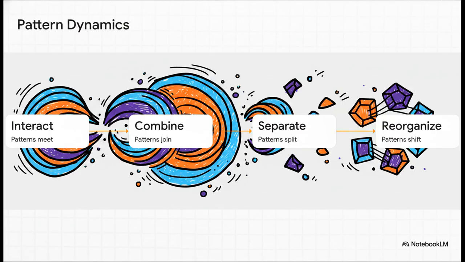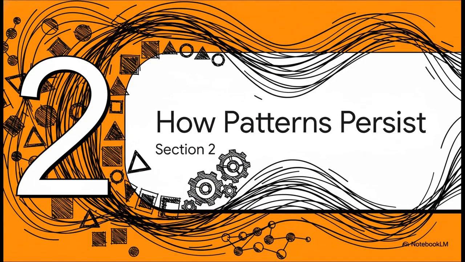At a fundamental level, reality is a chaotic cycle. Step 1, interact. 2, combine. 3, separate. 4, reorganize. Everything you see is actually made of interacting patterns constantly shifting, constantly moving, and constantly running through these exact 4 steps in a rapid, never-ending cycle. It's a literal blur of activity at the fundamental level, an endless ocean of patterns combining, breaking apart, and reorganizing in real time.